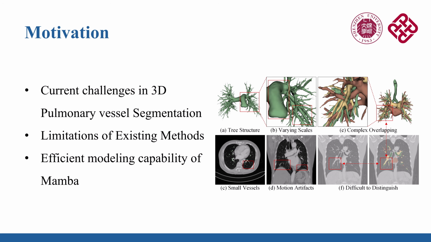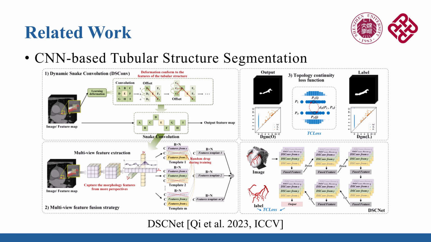In recent years, many methods have been applied to tubular structure segmentation, such as the CNN-based method DSCNet. DSCNet uses dynamic snake convolution to simulate tubular structures and incorporates topological constraints to improve structural continuity. However, CNN methods mainly focus on local feature extraction. For pulmonary vessels, which have long-range dependencies and complex tree-like topology, CNN-based methods still struggle to fully model the global